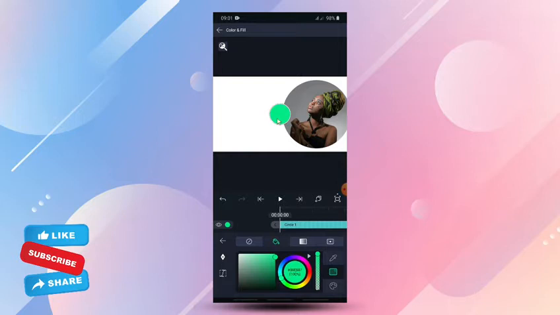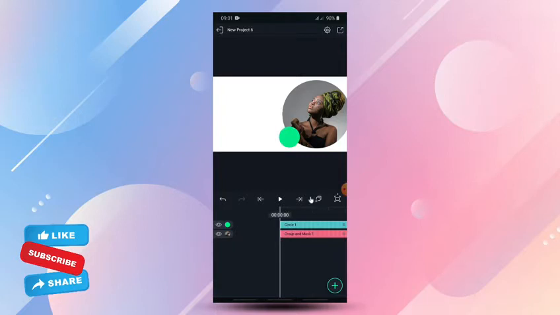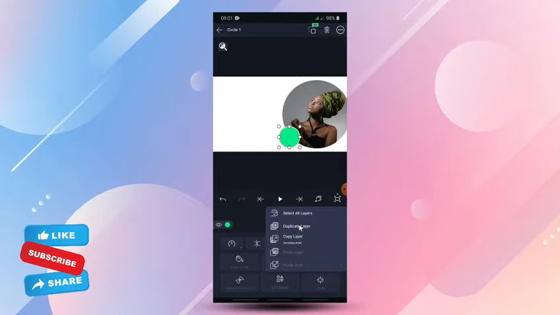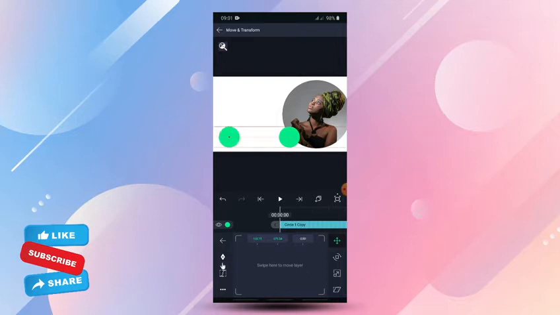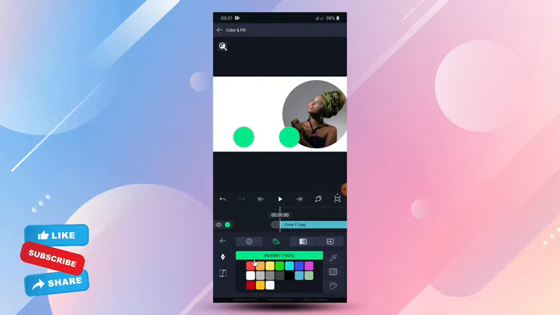All right, I think that is good. And then I'll drop it around there. The next thing I'll do is I'll duplicate it, click on it, come here and click on duplicate layer. Just follow me gradually the way I'm doing it. Exactly what I'm doing, you do the same thing, you get the same result. You get it now? So I'm going to change the color,